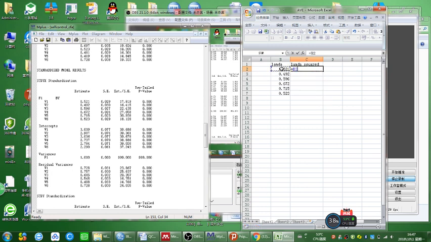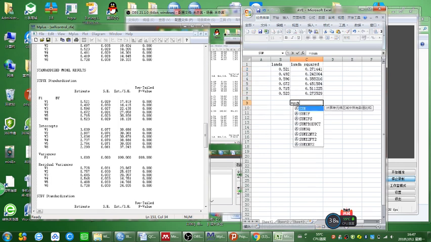Let's see, because this times itself, so that's a square. Okay, and I'm gonna autofill this whole column,